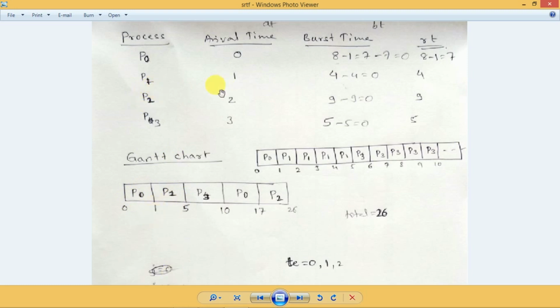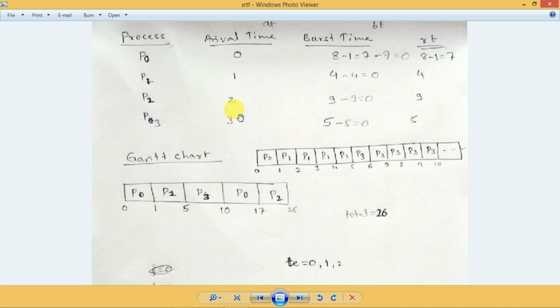Again, instead of this timing, you consider this one, because this will show exactly how our program works. Both are the same. Instead of showing a single block for 1 to 5, we have shown individual blocks for 1 to 5. That is the difference. So P1 will be executed again for 1 millisecond, that is from 1 to 2. At time 2, you can see the process P2 will also enter the ready queue.